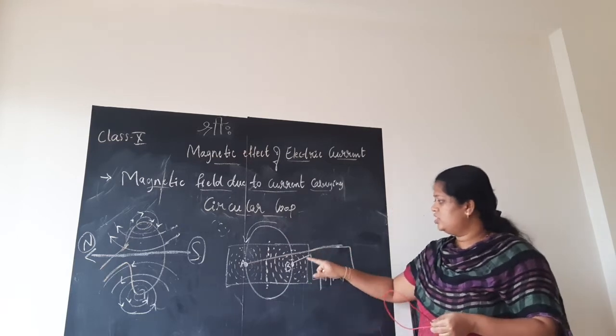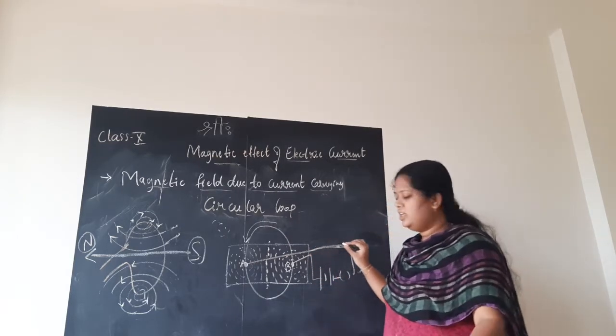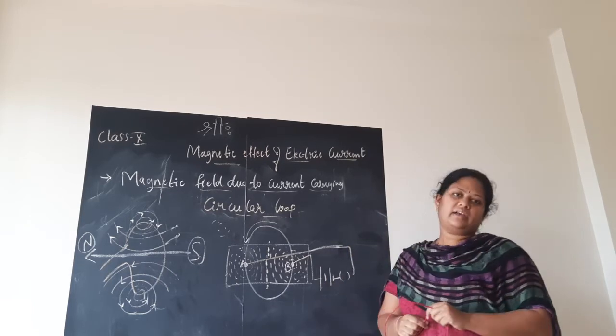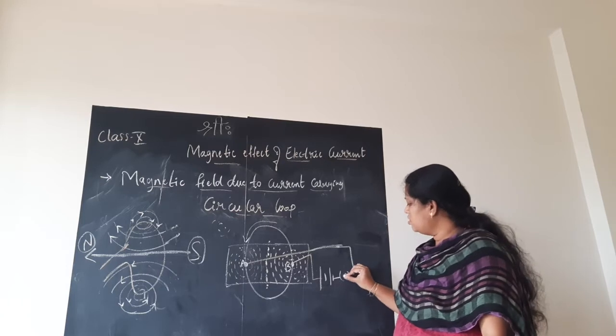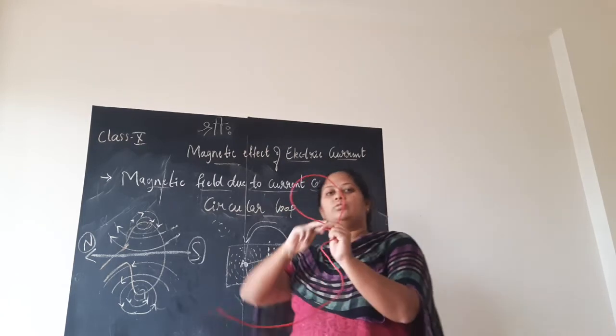That is these two wires, what you see. You can go through the textbook picture also if you want. These two ends, what I am doing is connecting to the battery and the plug key. Now I will switch on the circuit, and when I switch on, the current will start flowing through this copper wire.